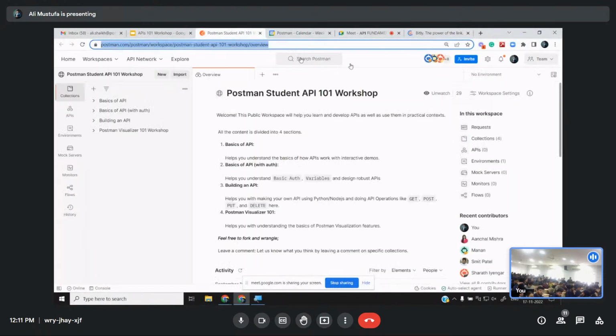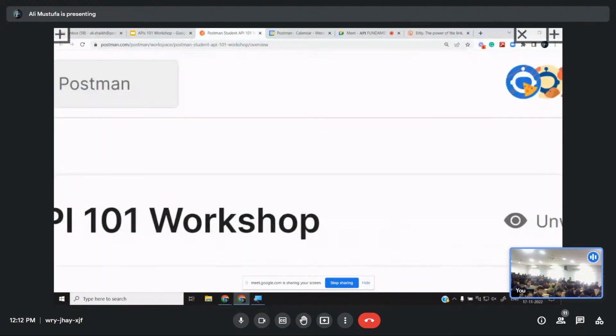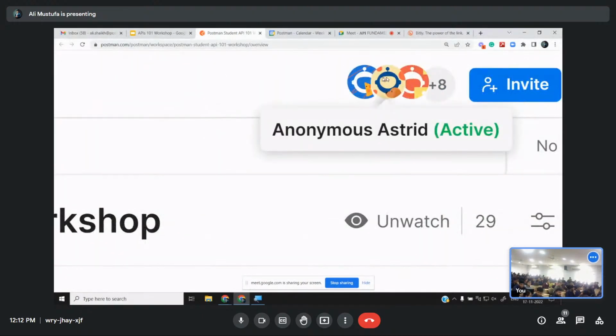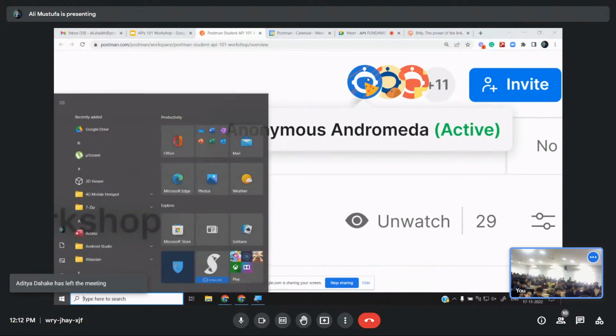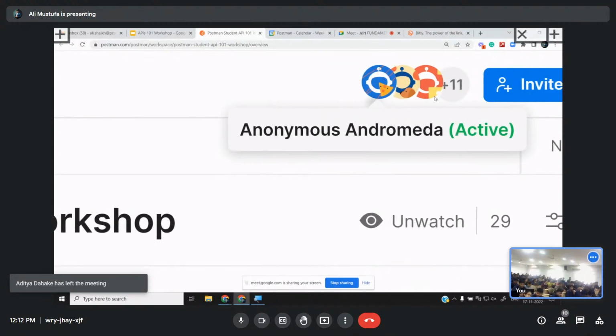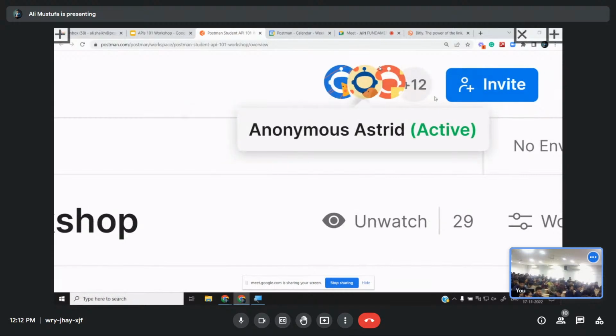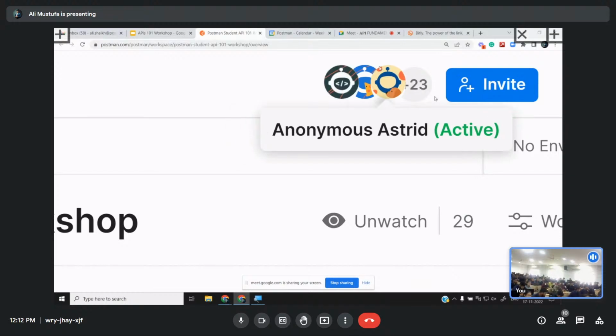See, as people are joining, what do I see here? As more and more people are joining, what is happening here? What did I say about Postman? What is Postman? It is a collaborative API platform. So when you are collaborating with people, you can actually see we have 16 to 80 people joined right now, and as these folks are scanning in, more people are joining in. I'll create a short link that will enable everyone to join real quickly. You just give me a moment, okay?